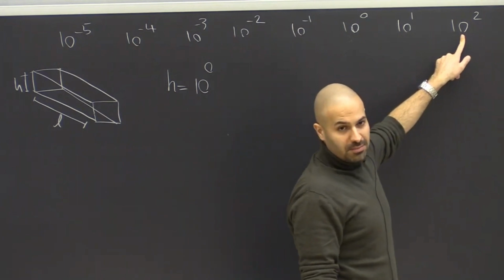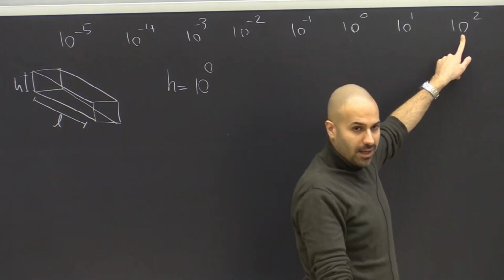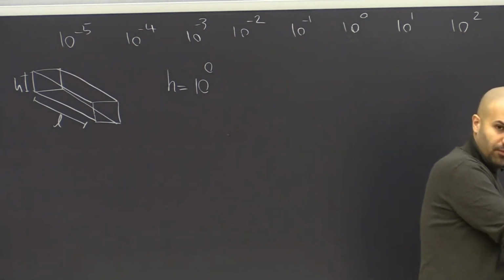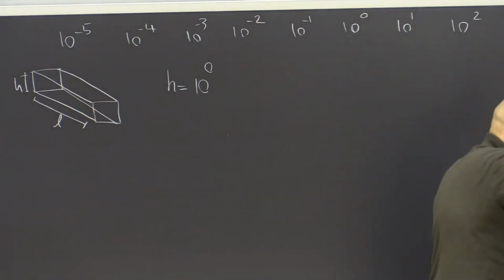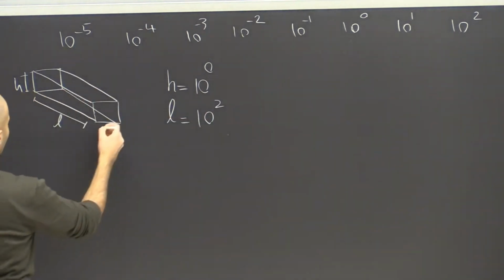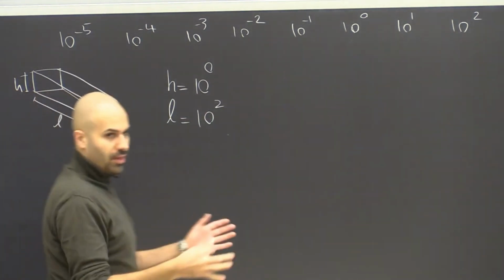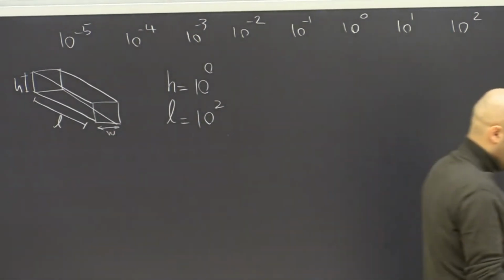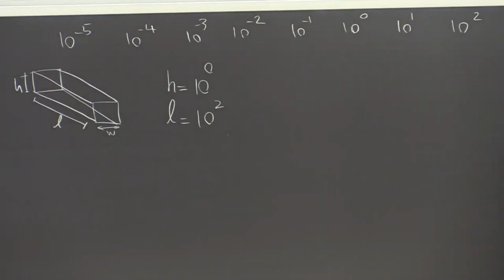So I think 100 meters makes some sense because when you're on the tarmac, it takes a while if you want to go from the tip to the very end. So for L, let's consider 10 to the power of 2. And then for the width inside the airplane, well, I'm not exactly sure about that model, but